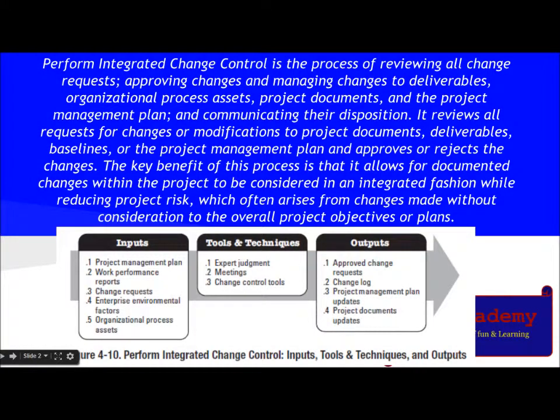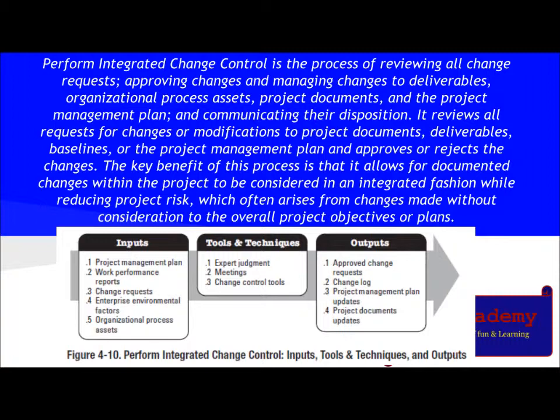Perform Integrated Change Control is the process of reviewing all change requests, approving changes and managing changes to deliverables, organizational process assets, project documents and the project management plan, and communicating their disposition. It reviews all requests for changes or modification to project documents, deliverables, baselines, or the project management plan and approves or rejects the changes.